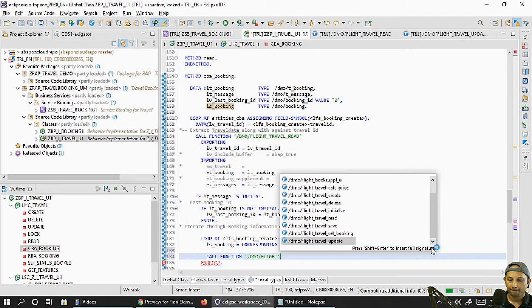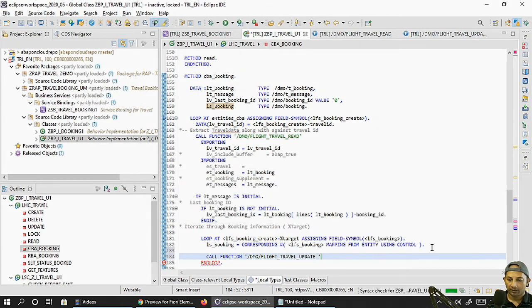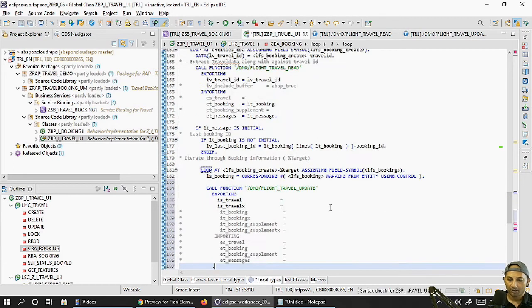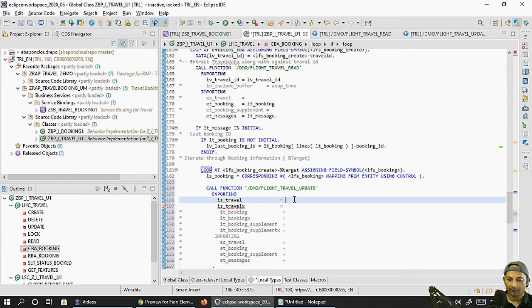Okay, so this is the one we need to, let's do that way. So we have travel and travel X both. So what we have to pass? The travel data. We have to pass basically this travel